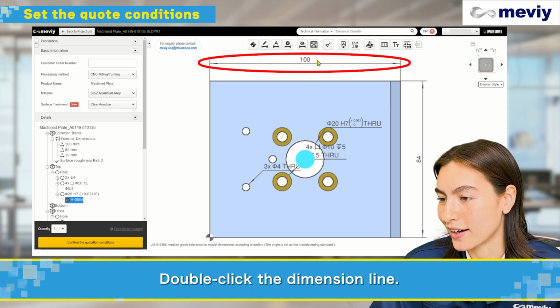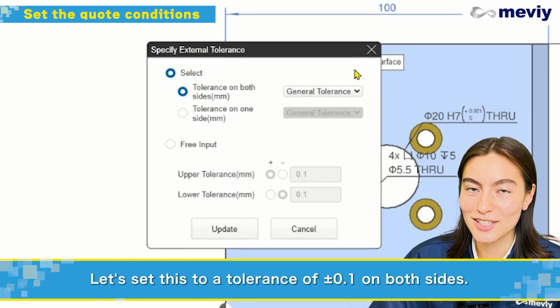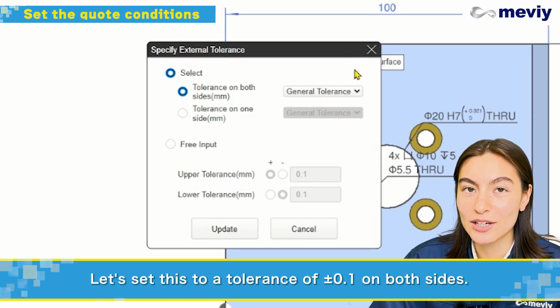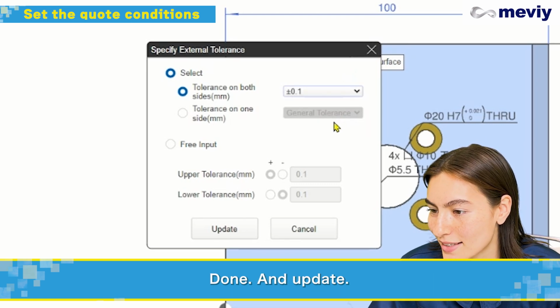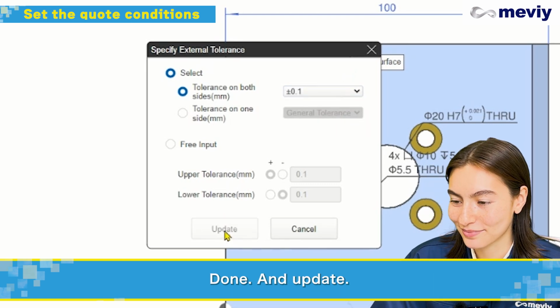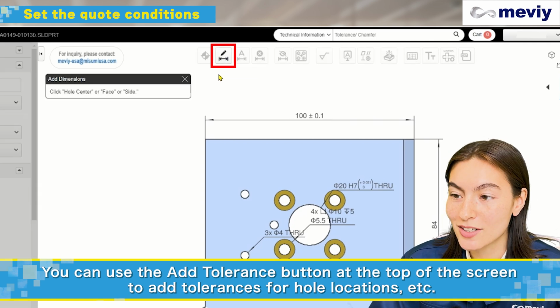Double-click on the dimension line. The instruction screen came up again. Let's set this to a tolerance of plus or minus 0.1 on both sides. Done, and update. You can use the Add Tolerance button at the top of the screen to add tolerances for